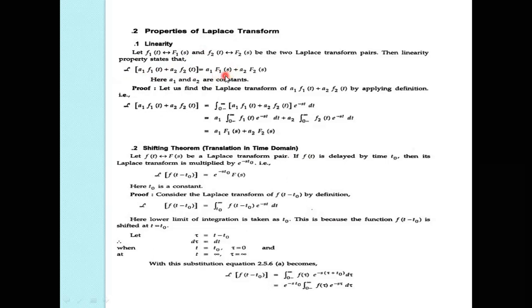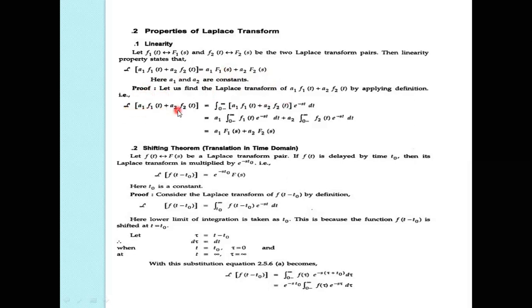Fourier transformation is F1 of omega and F2 of omega. Now, in the Laplace transformation, the change is the variable within the parentheses: a1 F1 of s and a2 F2 of s. Here a1 and a2 are the constants. The proof,